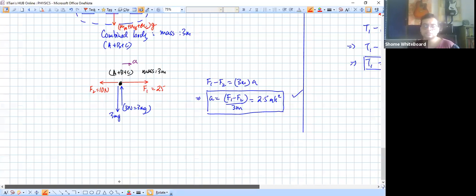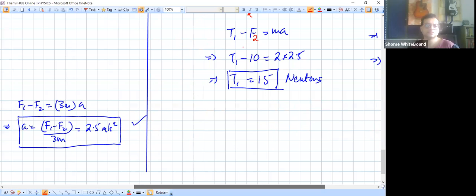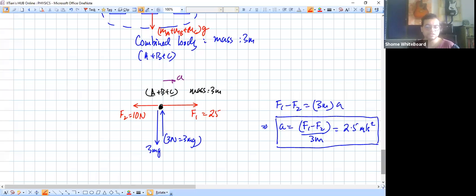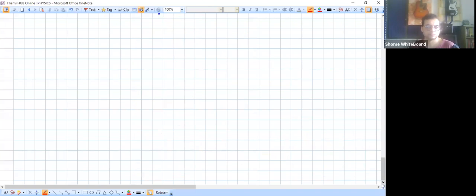Okay, now let's come back to another question based on similar ideas. Yes, that's why it came with a minus sign. That is why the net force came out to be T1 minus F2. See, that's why in this equation, the net force is T1 minus F2 because it's in the negative direction. Is it clear, Samarth? Okay. Now, next example,